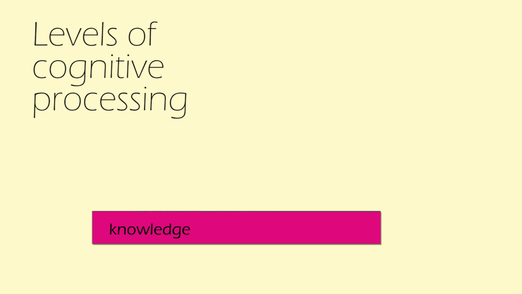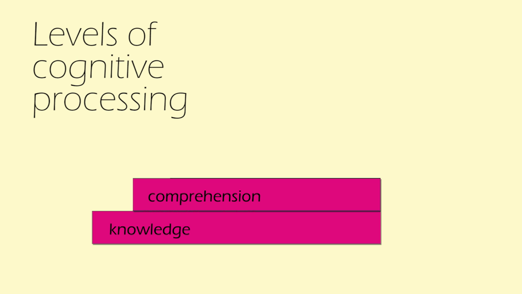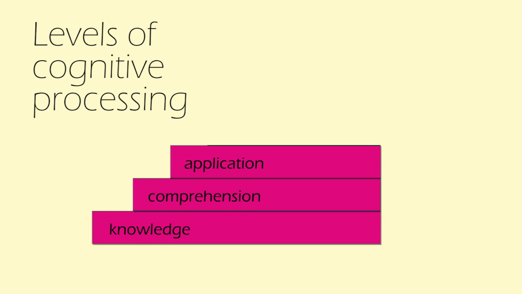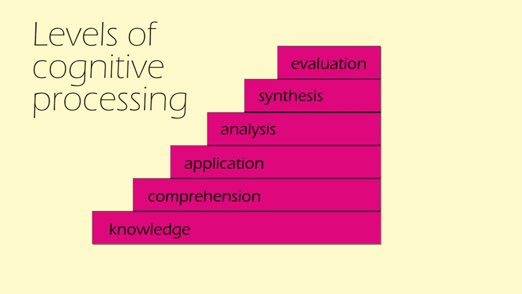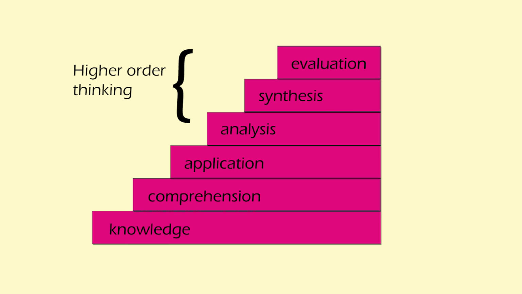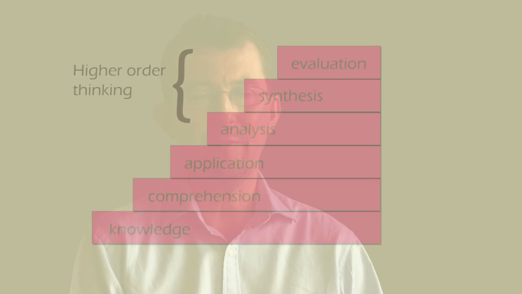What Bloom did was that he looked at the cognitive domain and suggested at a very basic level you might have knowledge, simply knowing facts. The next stage beyond that is understanding those facts. That's about comprehension. The next stage above is about the application of knowledge in real life practice. The stages above this are higher order thinking, in which you're starting to analyse the understanding, the knowledge that you have, breaking it up into its component parts in order to get a really deep understanding of what's going on.